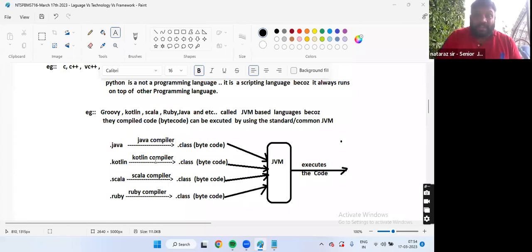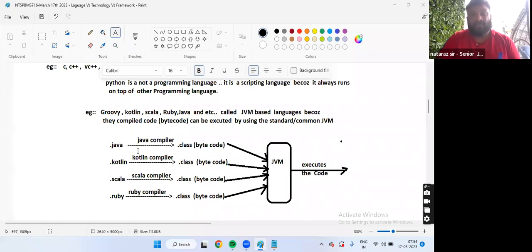Why? It's because they are getting a lot of new JVM based languages with a lot of new great features. So Java people, inspired by them, started adding those to the Java language. That's the reason that as a developer, you need not move to other JVM based languages. You can happily stick with Java only. Why? Because Java is getting its own new features and also collecting new features from other JVM based languages. Yes or no, boss?